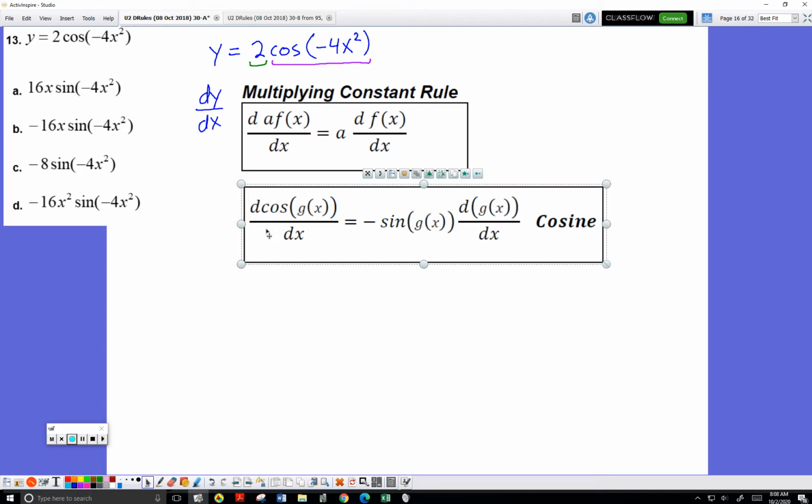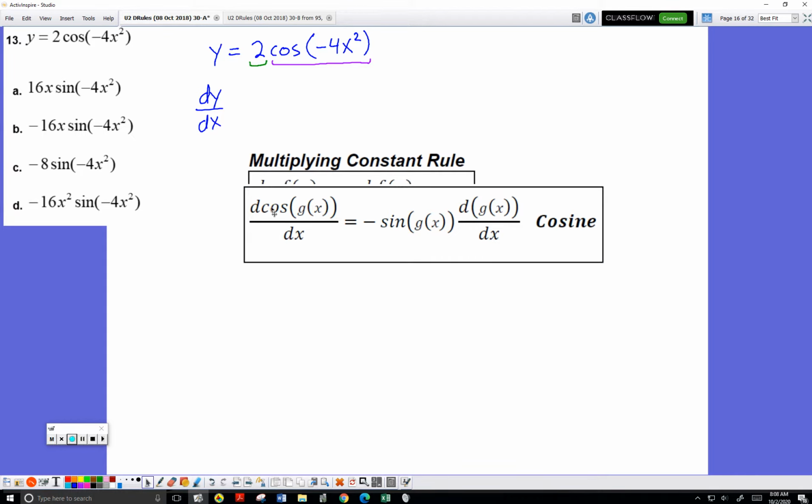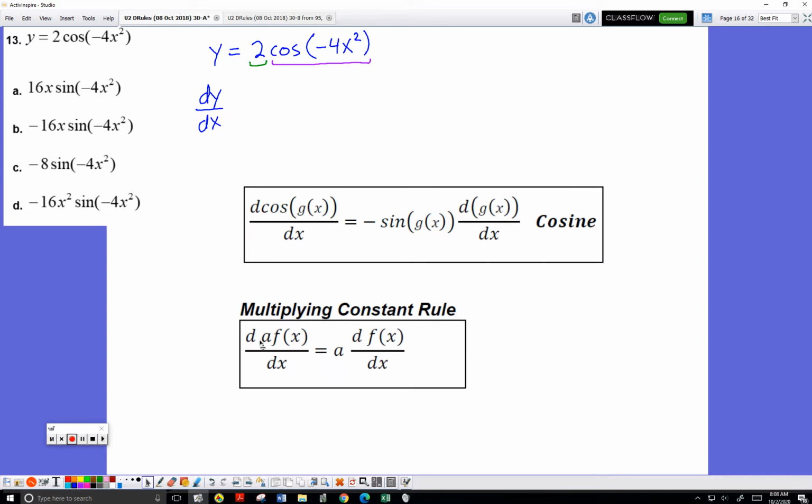But the multiplying constant rule is like the simplest rule on the entire sheet. It's one that you really can do in your head quite easily without hardly any risk of an error because it's just 2 times cosine. So just kind of bring it along with you. You don't have to write out the multiplying constant rule now that you've used it a little bit. Just go here and write 2. And now I've got to take the derivative of the cosine. So I look here and say, well,